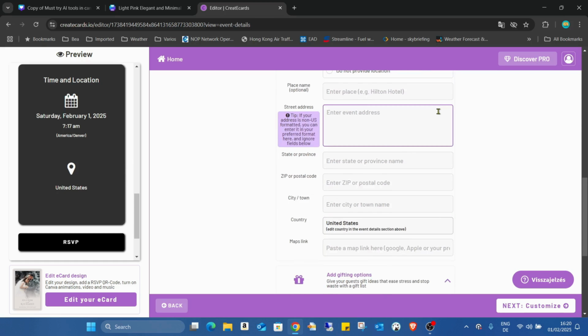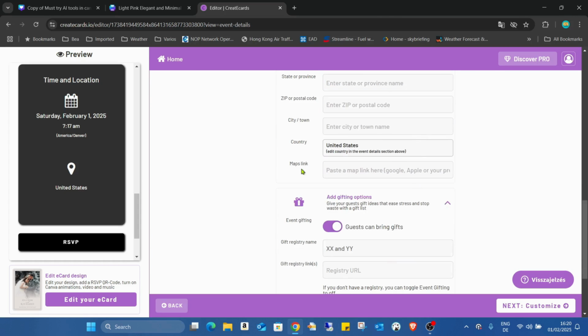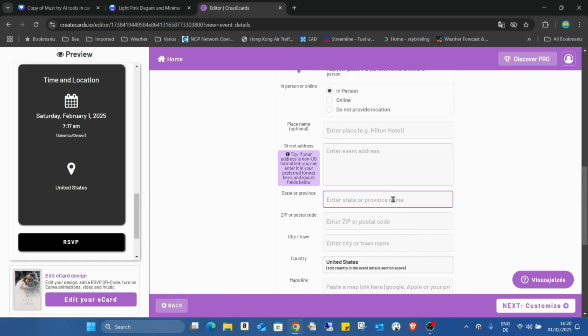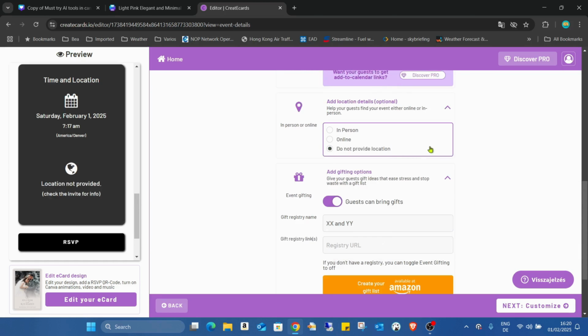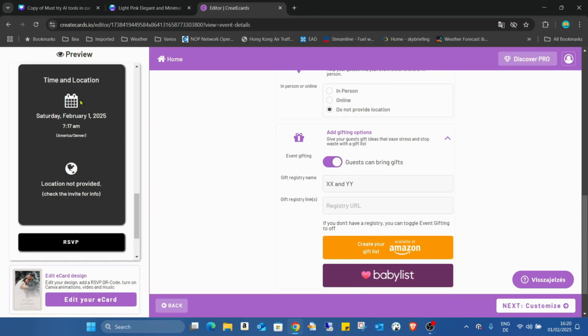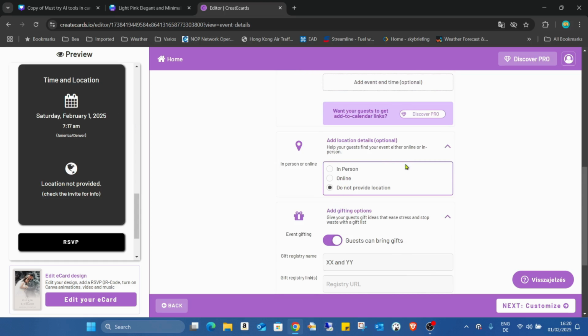And here, if you go in person, again, the icon changed. We can fill in all the data. We can even add Google Maps or any map links, but I just turned it back to "do not provide location." That's easier for me, just to show you how it works. But if you have a proper address, just go into in person and fill in the data, and this will be